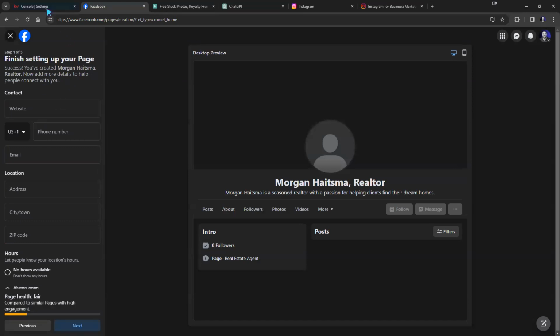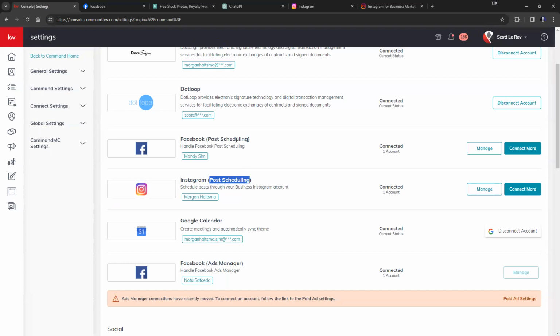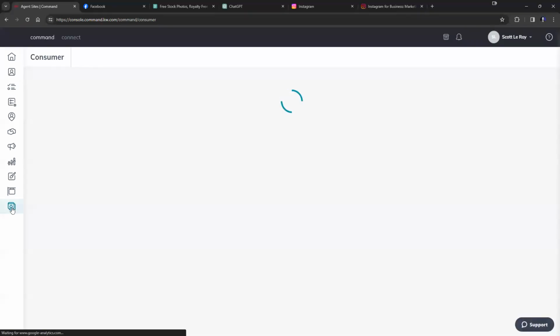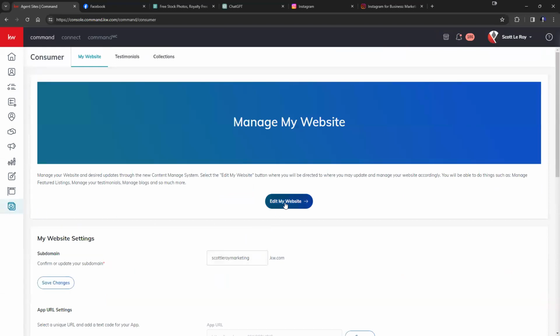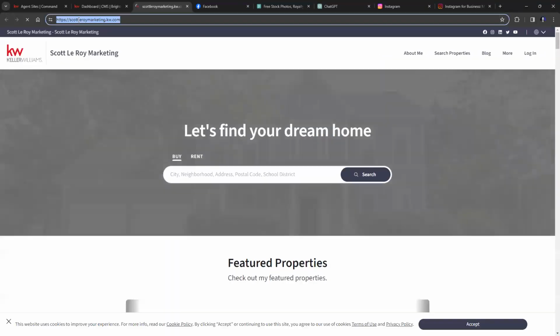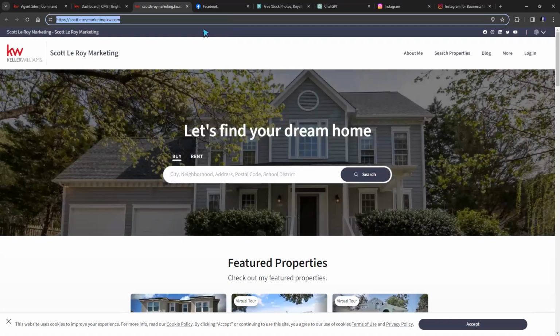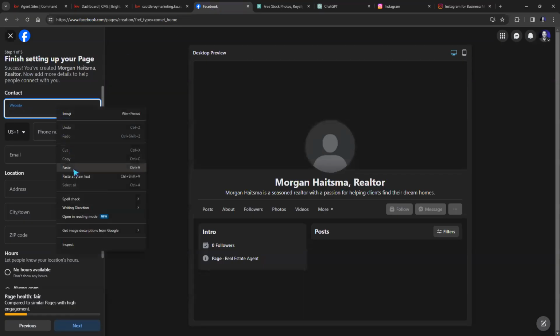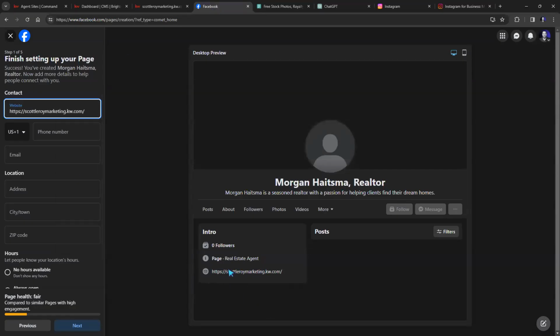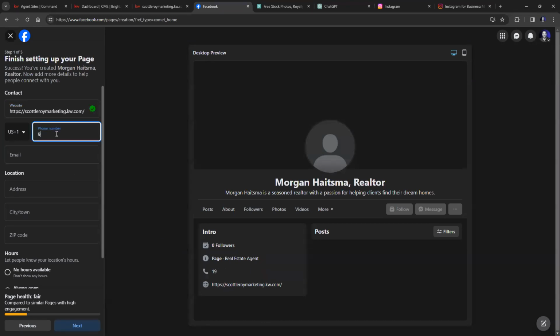So as we see right here, for our website, all we really need to do is jump back to our KW Command platform. We're going to click on the consumer tab right here on the bottom left. And then we're just going to copy our KW agent site. There we go. And we're going to place this inside of our Facebook. So now we have our website right here, our phone number, our email,